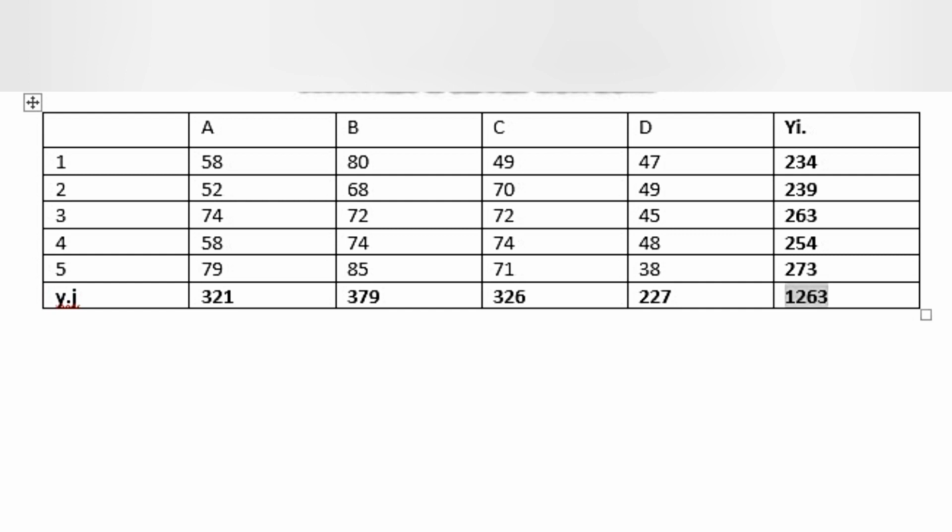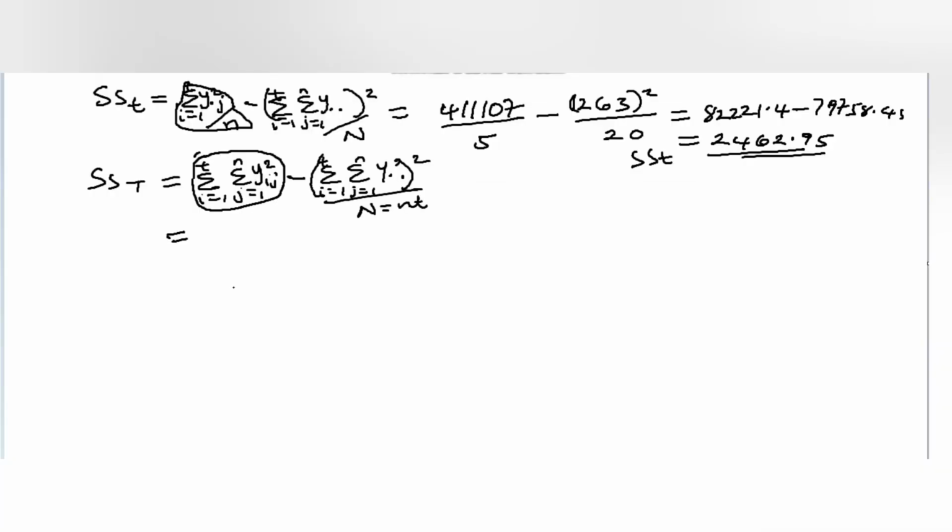All of these 20 numbers, you add their squares all together. If you do that correctly, you are going to have 83443, minus